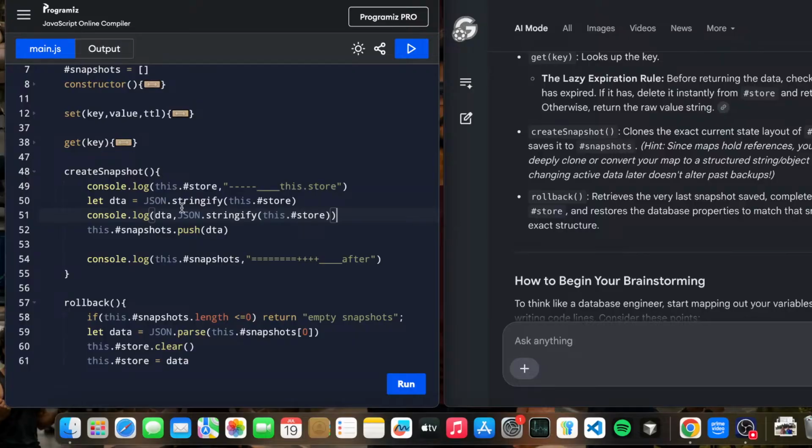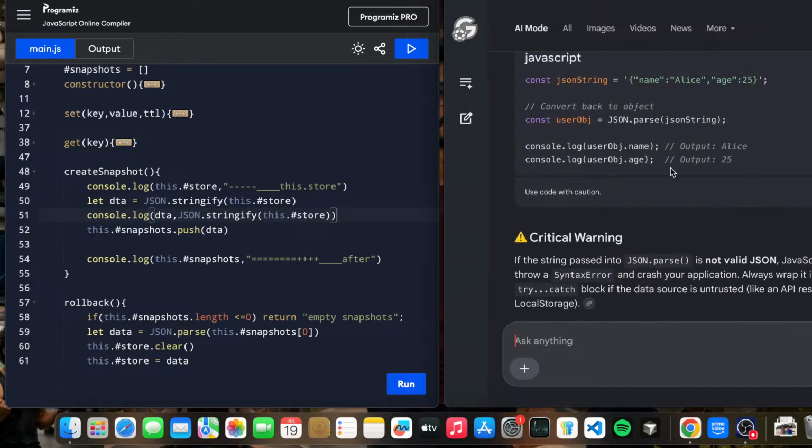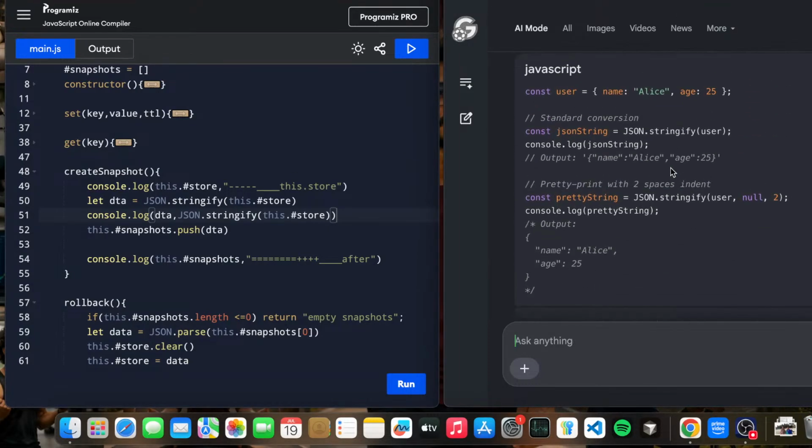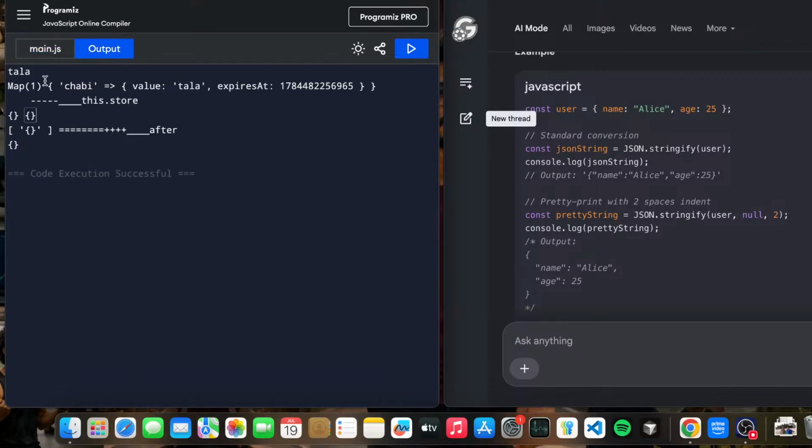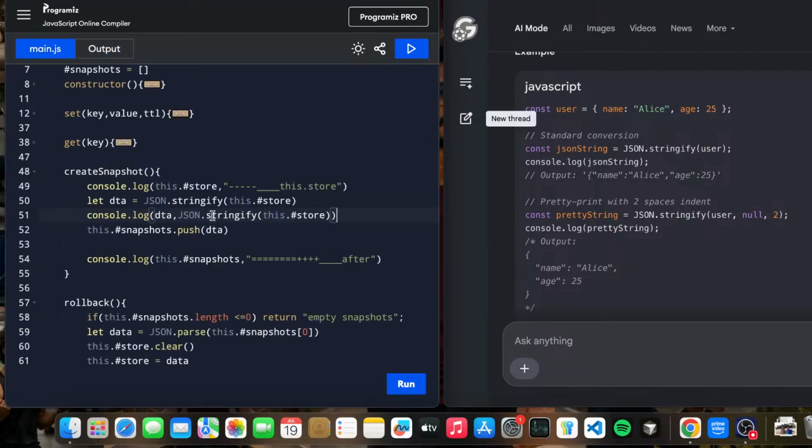Is our JSON.stringify the wrong thing? Let's understand the syntax. JSON.stringify. So this.store is a map, the whole map, right? This is also something, and I would just want to use this thing. Okay, so we can't directly do this. Instead of that,